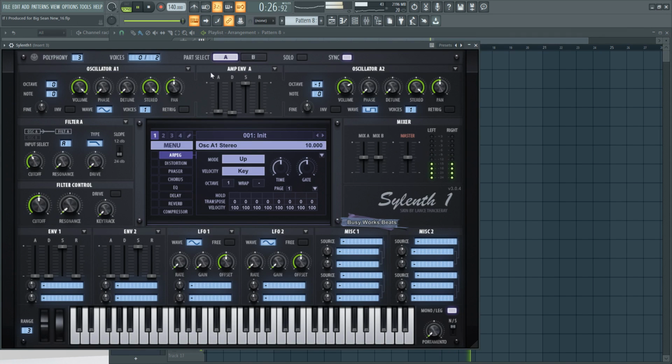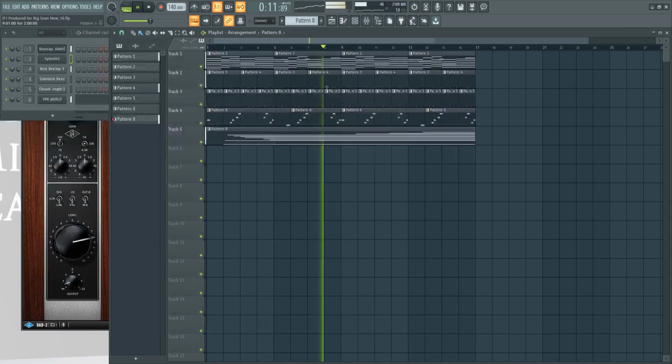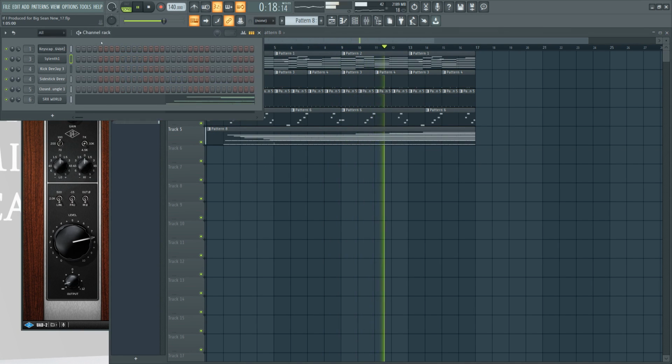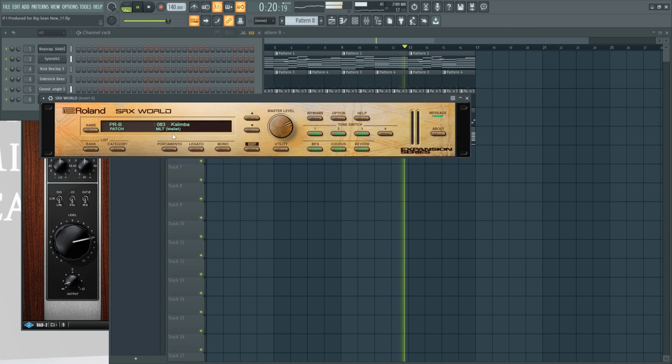See if we pull the bass down one octave. I like this. I'm going to add a little more reverb here.